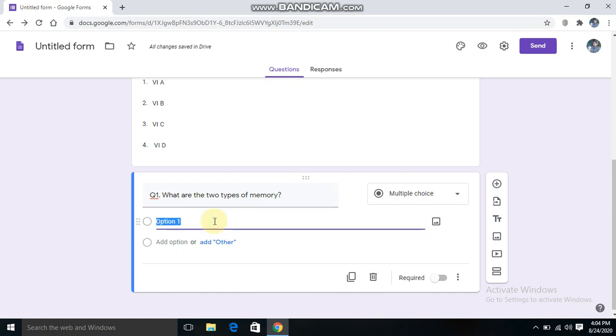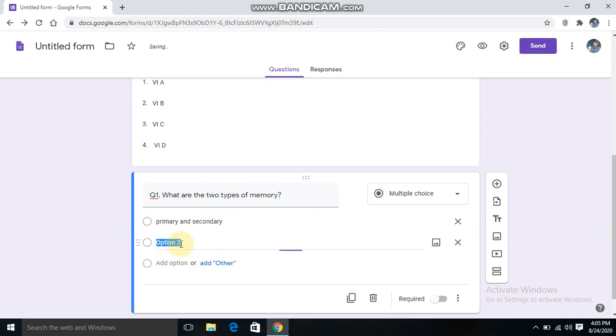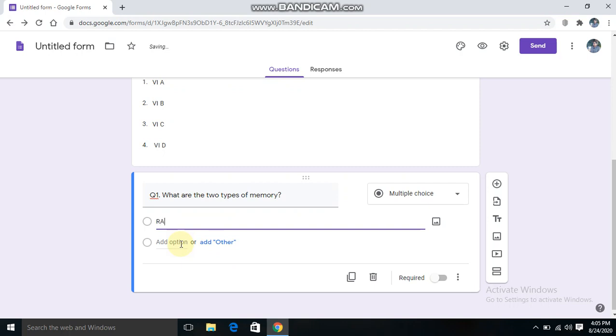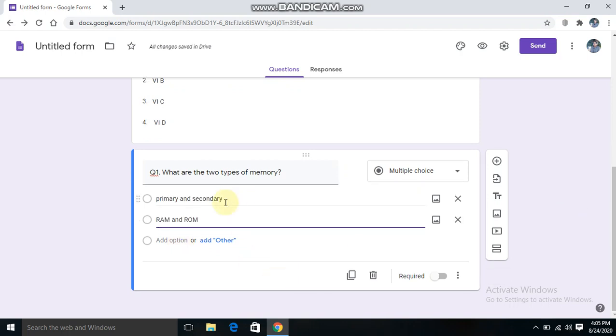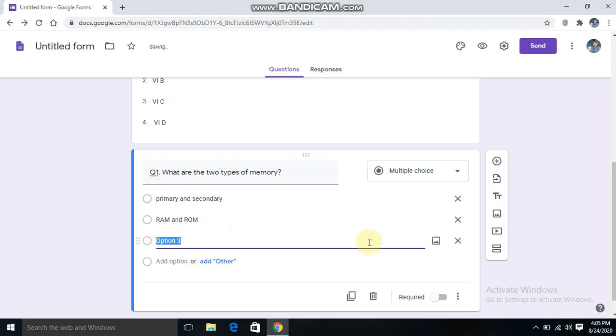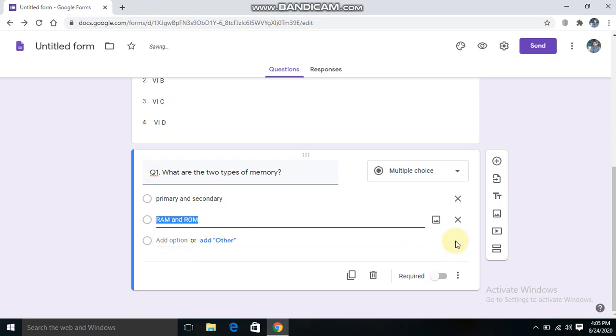So option you will add, so 2 options I have given, primary and secondary. Then press enter and then you will find another option. Again you want to enter, then press enter. Again option number 3 you can add. So I'm giving only 2 options here.